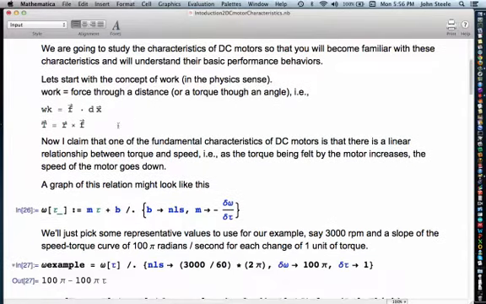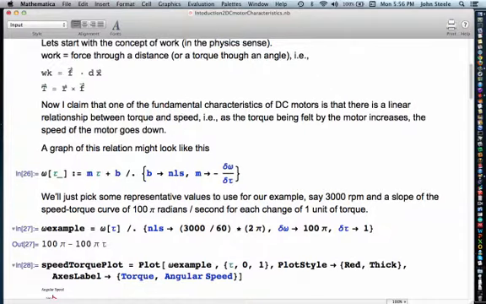Okay, so here is a linear expression that relates omega, or angular velocity, to torque, and I've used b as the intercept, the y-intercept, and note that I've called that NLS, or no load speed, and that m, the slope of this linear line, is the change in speed as a function of the change in torque, or delta omega over delta tau, and it's negative, right? As the torque increases,